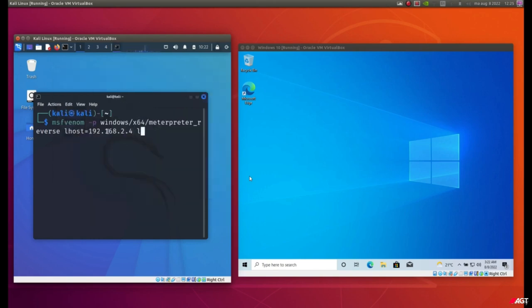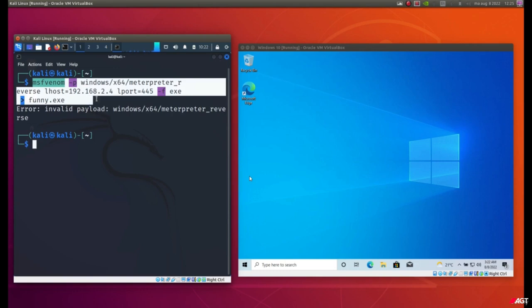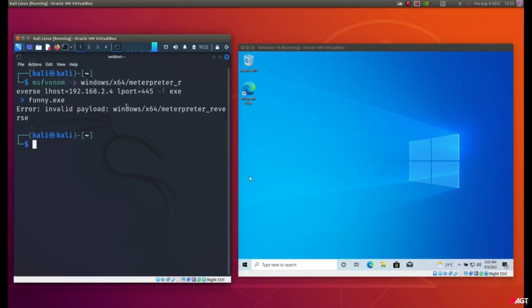Then some port. Now remember that port number, because we'll use the same port number later on. So in this case I picked 445, can be any number you want, but make sure it's the same one. And it's a Windows executable, so -f exe, and then your program name. So for example, funny.exe. That will create the malicious program using this command. And in this case we have an invalid payload,